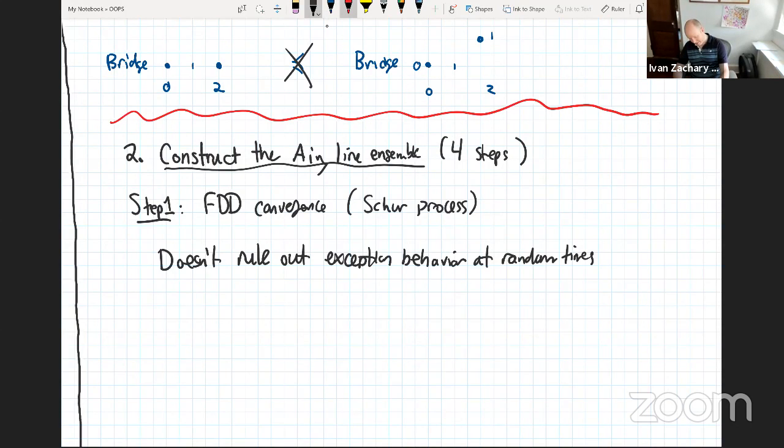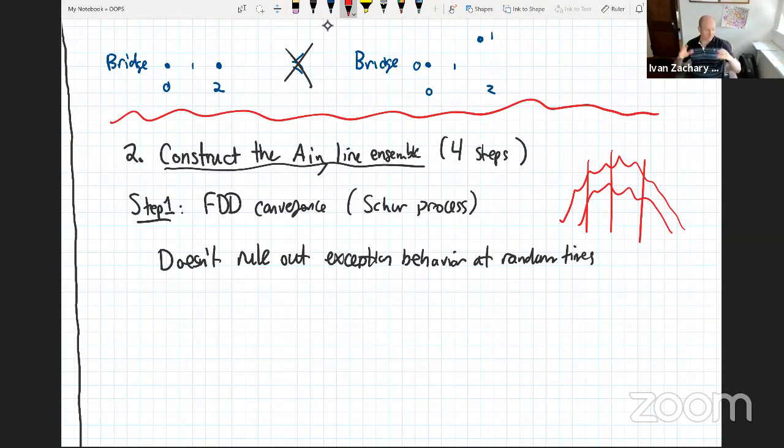For instance, in my line ensemble, and I'm going to draw all of my line ensembles looking continuous. I can't draw discrete ones. So in my discrete line ensemble, what I could have is, I know that at a few finite times, the behavior is, say, converging and it's tight and everything is nice. But what could happen is there could be random times where it just sort of shoots up higher and higher